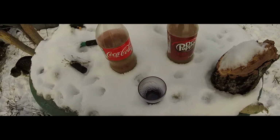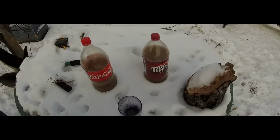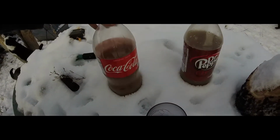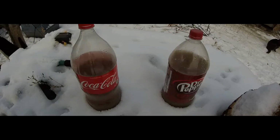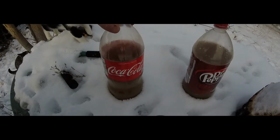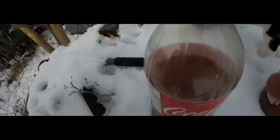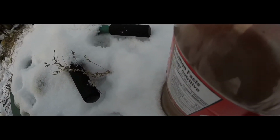Okay, so it's been a while since I did a video on this, but this is how the kvass turned out. I got 2 jugs. Already some of it has been drank, so yeah, but this is how it turned out. Let's open these up. I just opened them up a few minutes ago, so